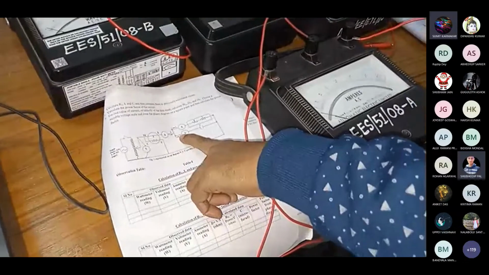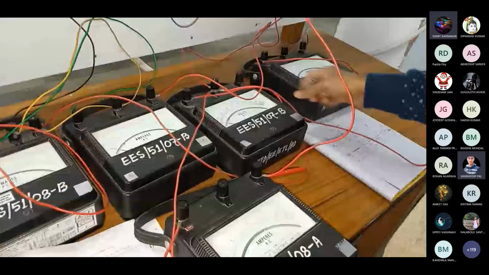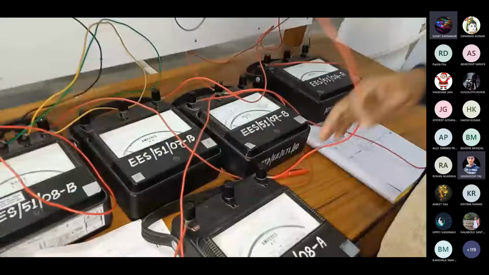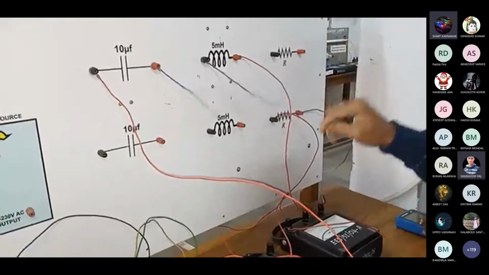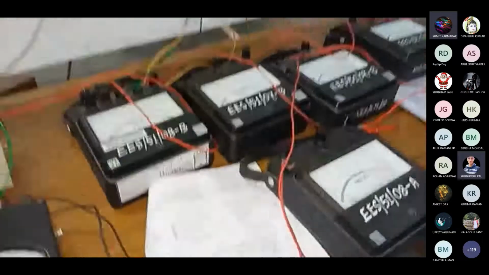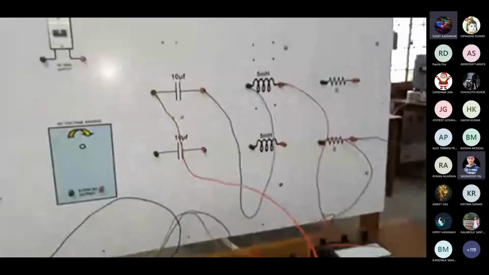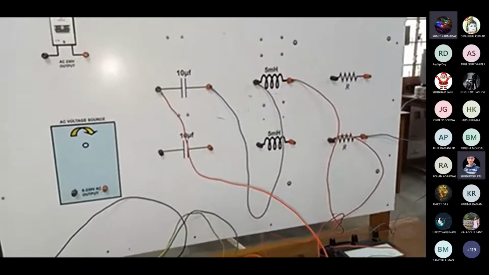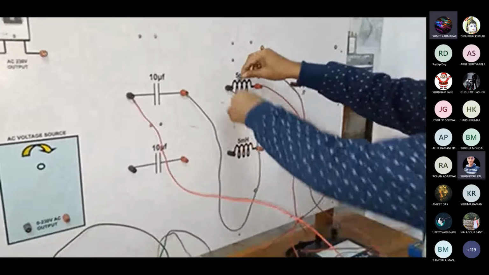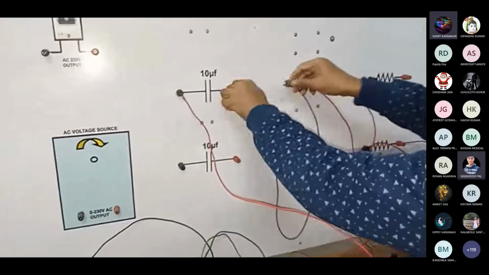Okay, students. Now in the circuit, from this point we are connecting one ammeter. At this point we have connected this ammeter, then the other end of the ammeter is going to the capacitor, and the other end of the capacitor is meeting at this point, the inductor. Now what is left? We have to connect this junction to the reference. So we have to take another wire. Let us connect it.